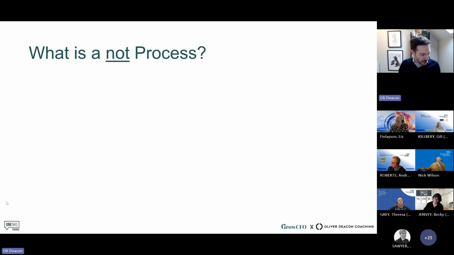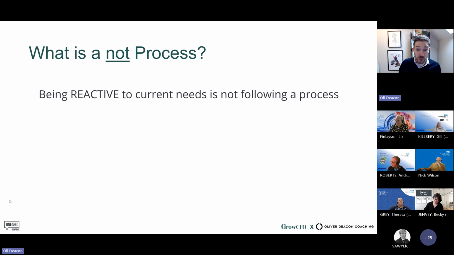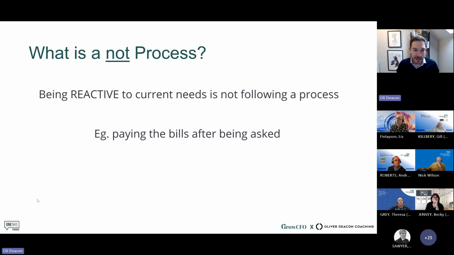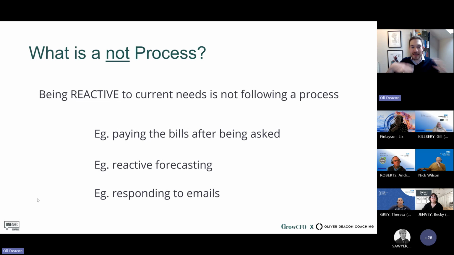What a process is not is situations in which we're being reactive. We're just doing stuff. Something comes into our inbox, or something we weren't expecting to do, is probably not a process. We can make some of those things into a process, but we want as many things as possible to be a process. Like suddenly having to pay an invoice, or our CFO saying we need some new forecasting because some crazy stuff's happening. Or just emails and general inbox stuff. These are not processes, but today we're going to focus on those things that are repeatable. How can we make them better?